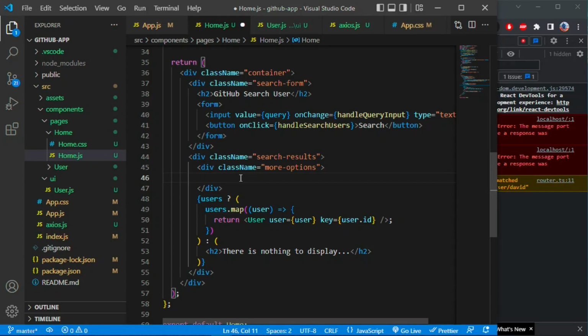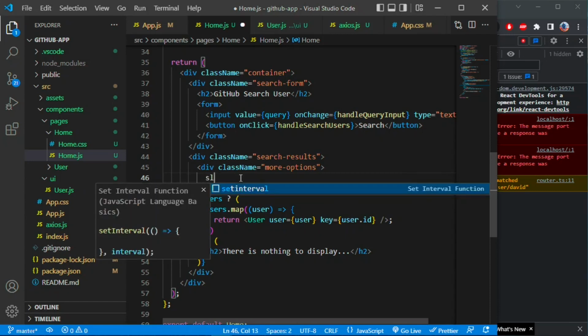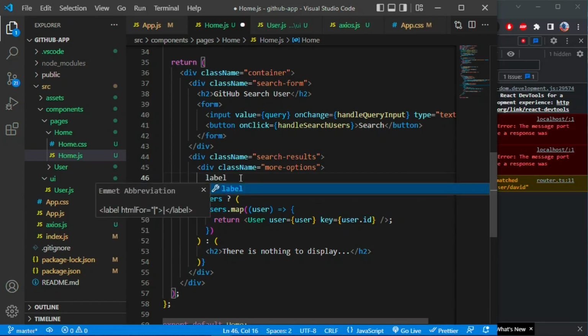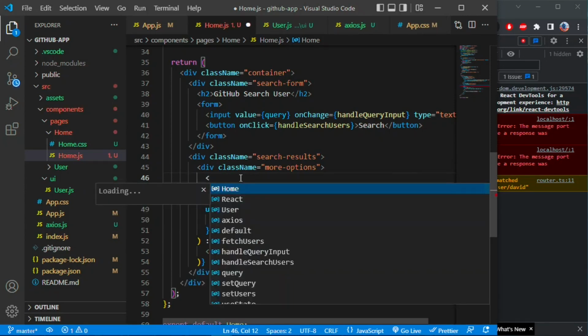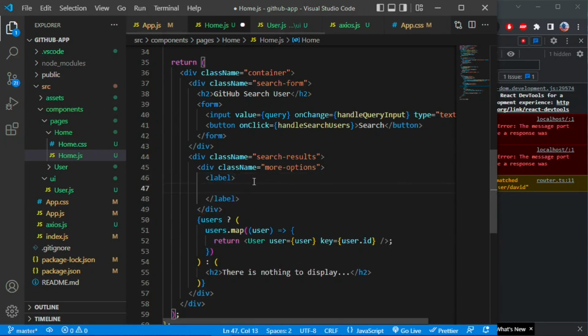You can move to page 1, 2, 3, and you also want to return 50 users per page or 10 users, right? So let's have something like select. Select is going to specify the number of users it returns per page. Cool. Okay, so let's have a label, and then we're going to put the select in here, per page,